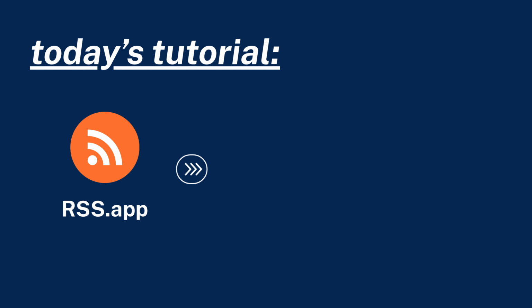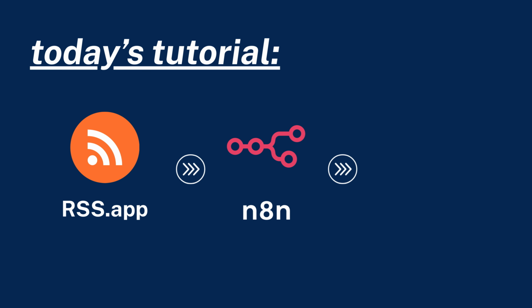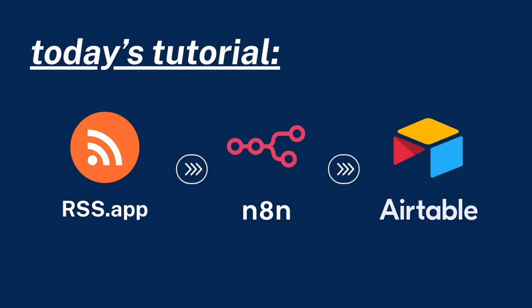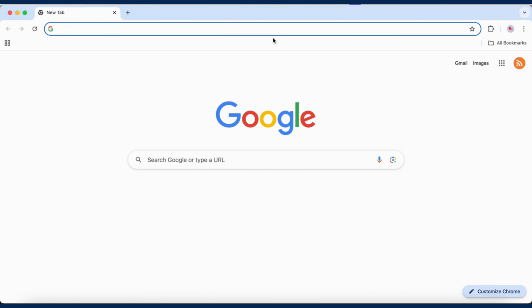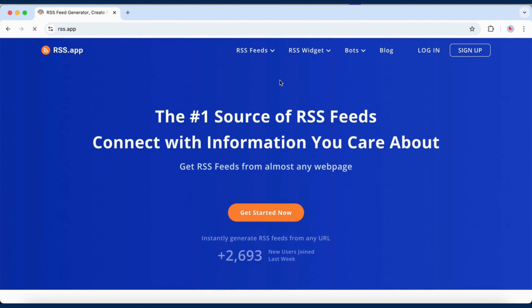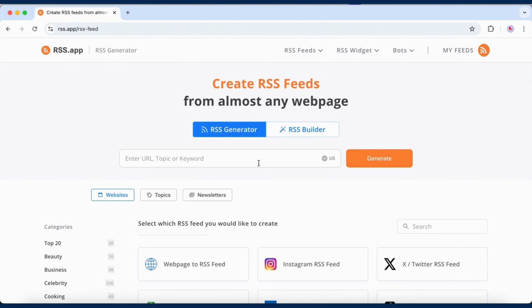Want to automatically add new RSS feed items into an Airtable base? In this video, I'll show you how to connect RSS app, n8n, and Airtable so your database updates itself every time new content is published. Let's get started. Open RSS.app and paste your RSS feed into the generator, or paste the URL of any website